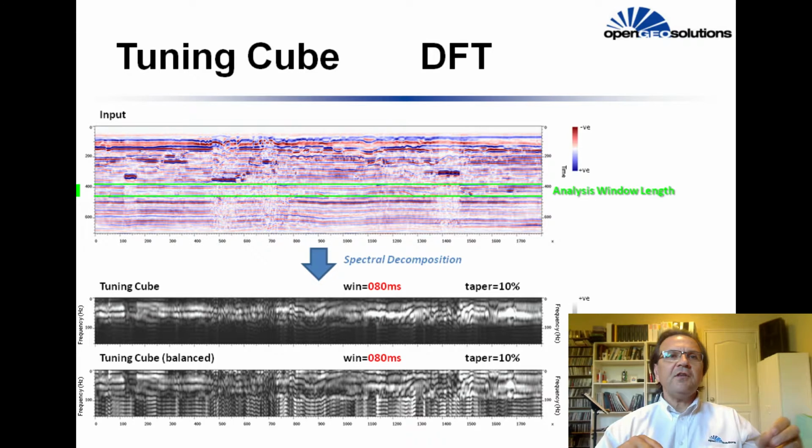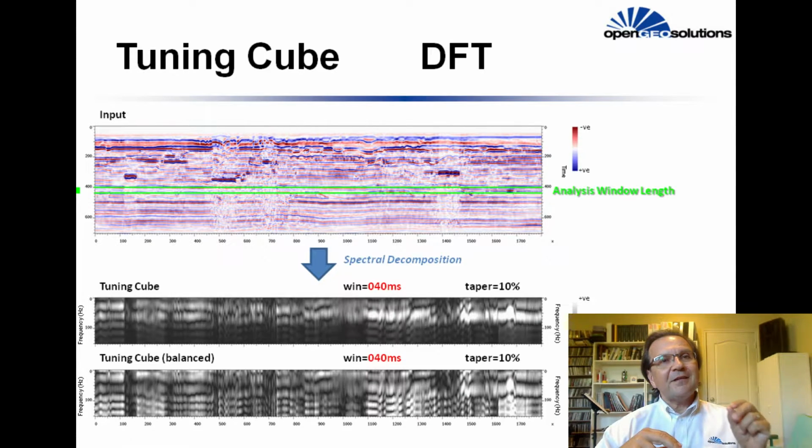The example we see here shows a DFT tuning cube computed from a real dataset. The vertical axis spans 0 to 150 Hz. White is high amplitude, black is low amplitude. If we shorten the analysis window from the 80 milliseconds shown here, we progressively lose the ability to reveal interference